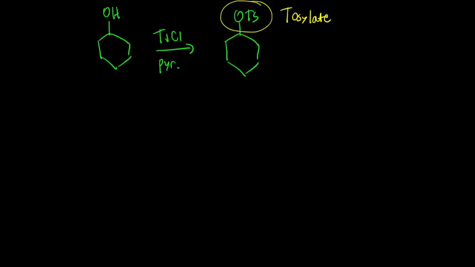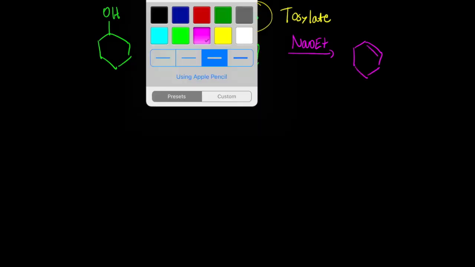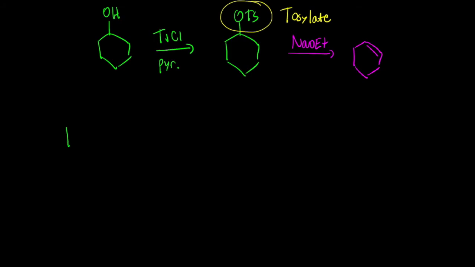And so if we treat that with a base, for example, we will get the alkene, for example, okay? How does this work? Well, in case you're wondering how this works, the alcohol here is a nucleophile,